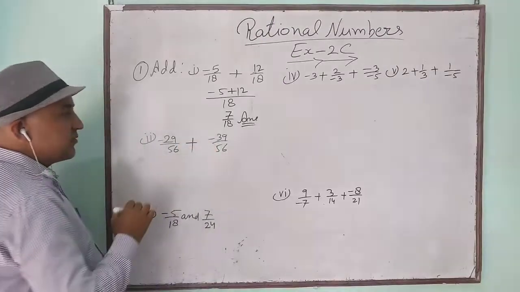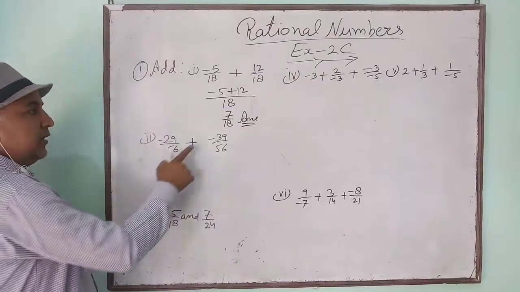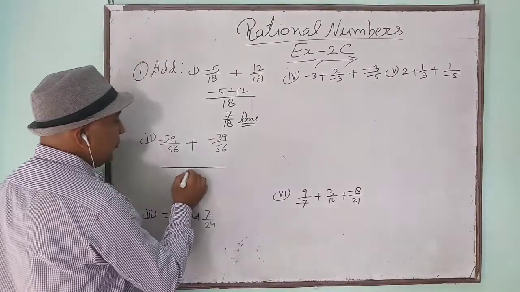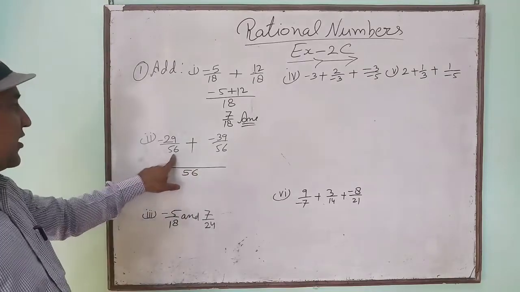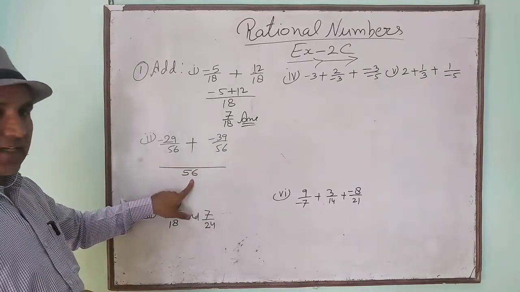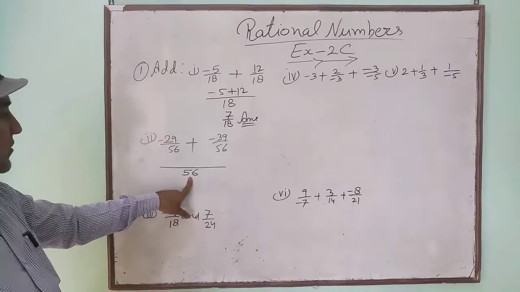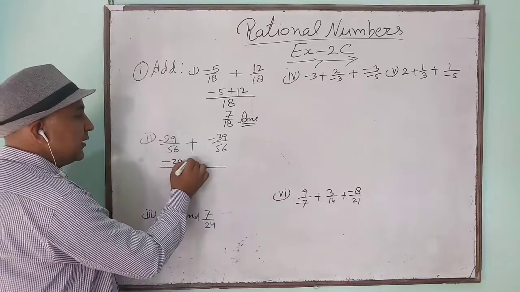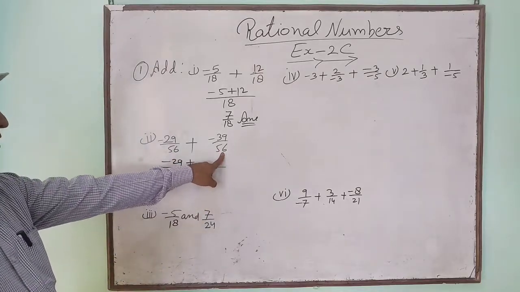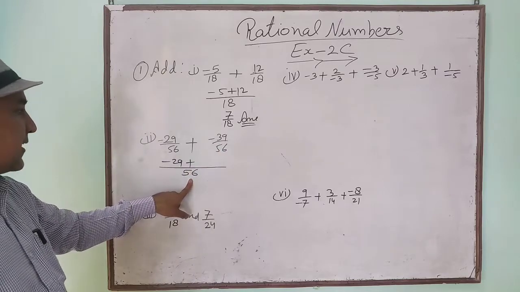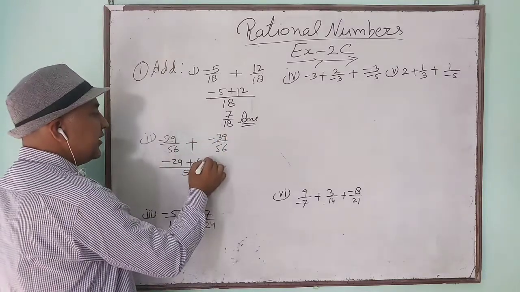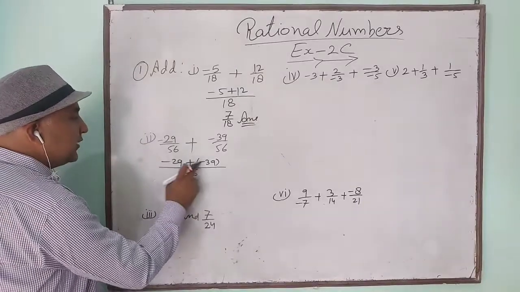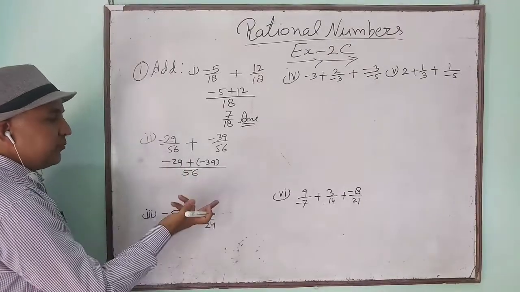We have to add, means we will apply the plus sign. Now see, here numerator is minus 39. So when you take the LCM, 56, because denominators are 56, so LCM is 56. 56 is dividing LCM coming 1. 1 into minus 29 is minus 29. Then this plus sign is written. 56 is dividing LCM 56 coming 1. 1 into minus 39 is minus 39. Is this clear? Now both the numbers are negative, then the numbers will be added.